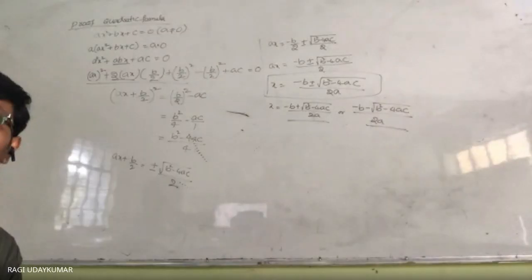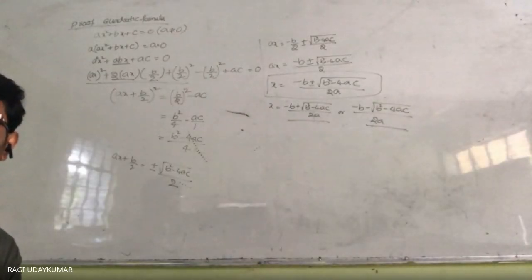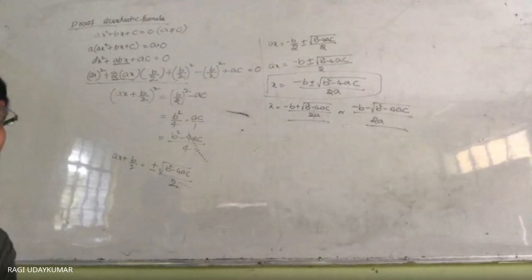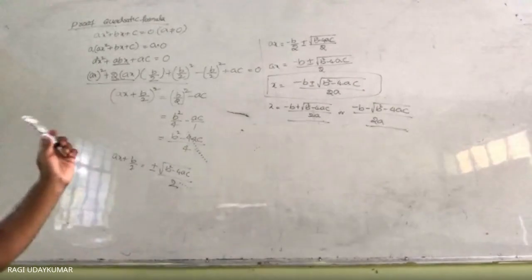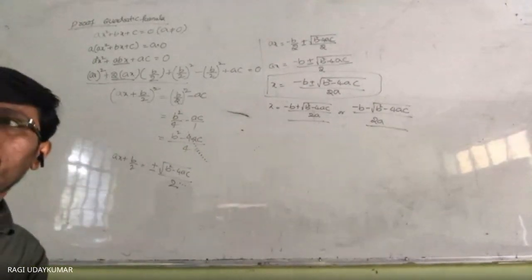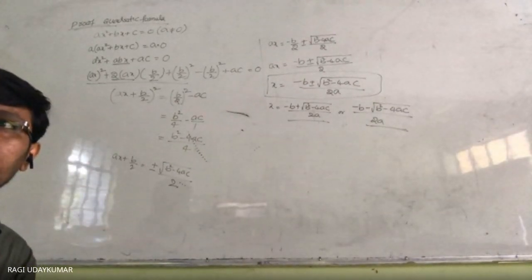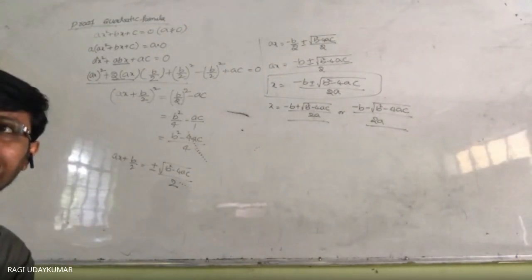Yes, sir. So do we need to write this proof in our copies? Yes, this proof you need to know actually. If you know the proof only, then better. And you see here, don't copy this one. I have solved it by multiplying here. Please, you try the same problem by dividing by a. Okay, sir. Dividing means I will try.